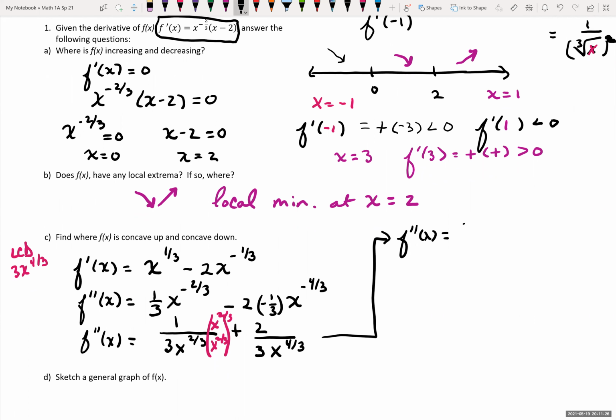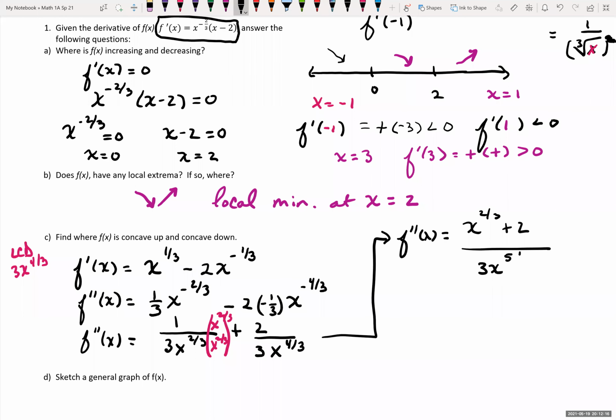So the double derivative is x to the 2/3 plus 2 all over 3x to... that's where I'm getting something different. I have the 5/3 as my common denominator. Sorry, I know where I went wrong. When I distribute this x to the negative 2/3 to my negative 2, this right here,